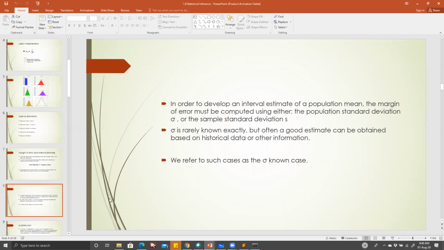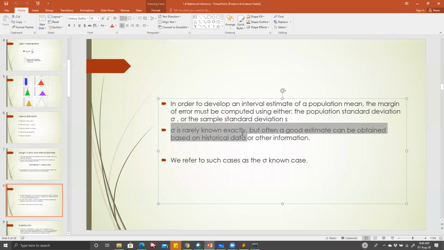Okay, so there are two cases, guys. The first case we will start with is where we already know the population standard deviation, although even this is a rare case. Not every dataset has a known population standard deviation. But let's say you had the population standard deviation as well as the sample standard deviation. So again, we are showing you very clearly here.